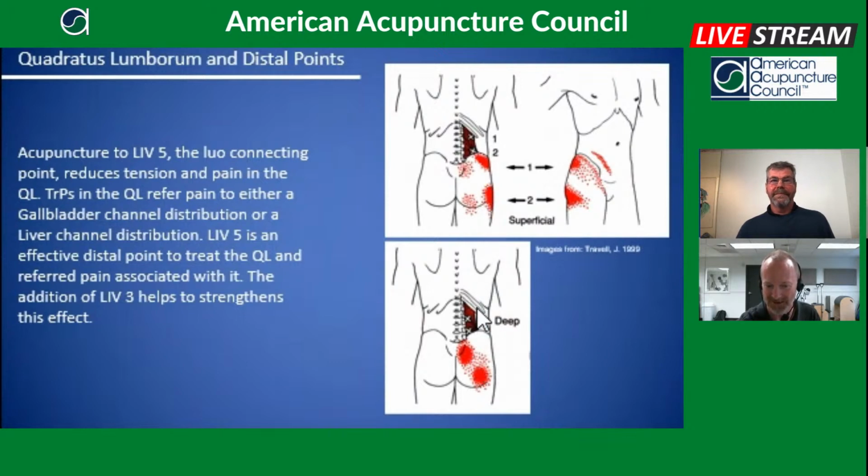Then if you go deeper, if you advance the needle deeper, and to your question, Matt, I kind of wonder the same thing. Are you actually hitting those medial fibers of the QL, or are you starting to get into attachments of the multifidi? Because they blend so much together. We've seen that a lot on cadaver specimens, but those are the ones that tend to refer deeper down. I wonder if this is QL, or if it's the relationship of the QL to the deep multifidi, which are on the same layer. And I kind of think that.